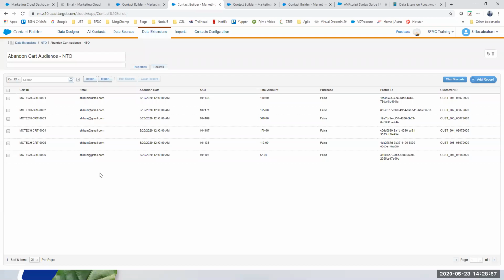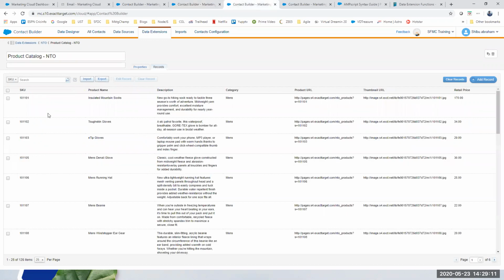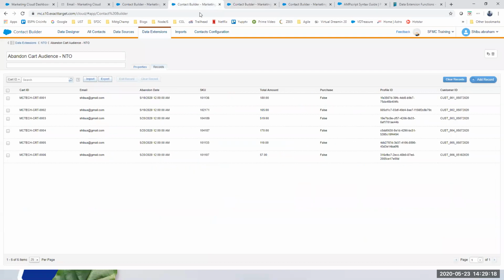In that particular case, we get the abandoned cart data. This is some data that we have captured for some of our NTO customers, and it has the product code called SKU. And then I have a product table, which, based on the SKU ID, tells me all the products that I have using the SKU code. I want to first identify the particular product that was selected by each customer and that they had left in their cart. I want to first retrieve that.